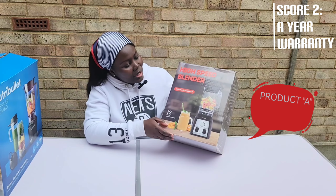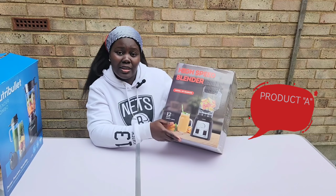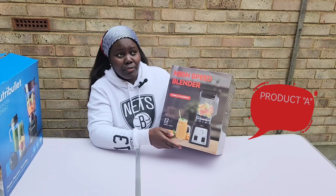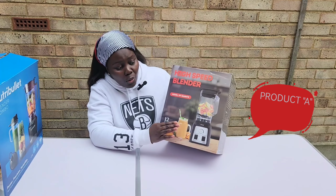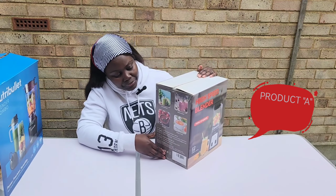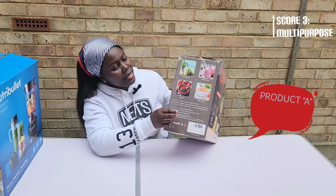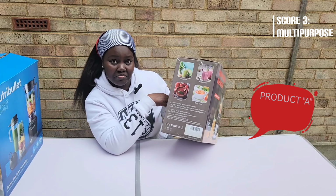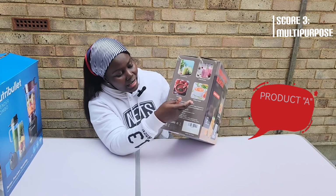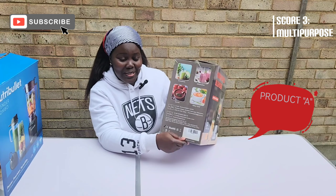Looking at the blender again, you can see from the picture displayed here that it has some fruits within the blender, meaning that you can use it for anything, like blending your vegetables. You can also use it for fruits. And let's see more, because I see some interesting pictures here. Looking at the side as well, you can see that it can be used for smoothies. Wow, that sounds good. It can be used for milkshakes. Whoa, it can be used for sauces and baby food,